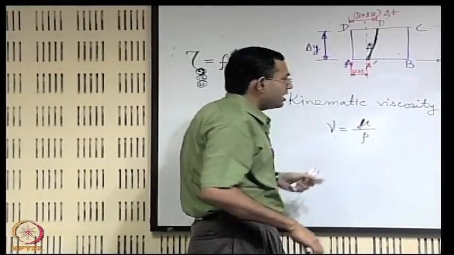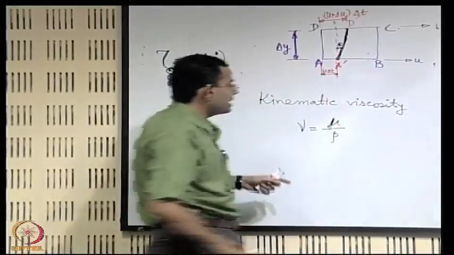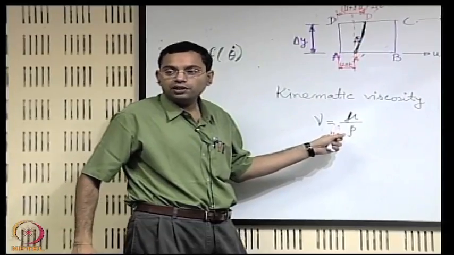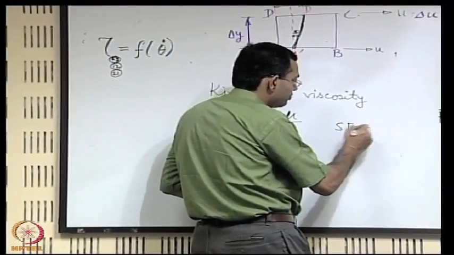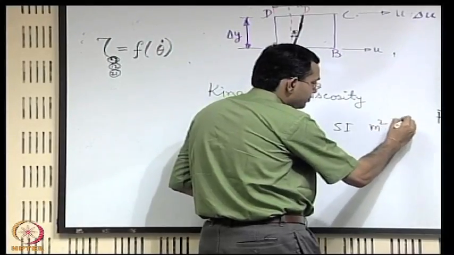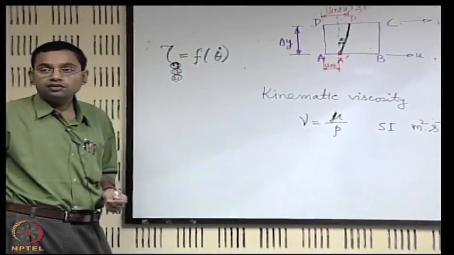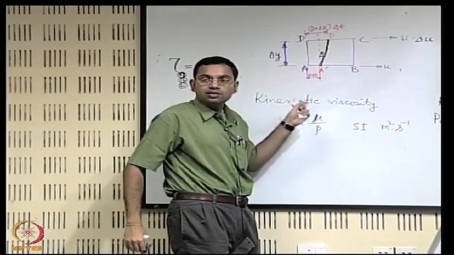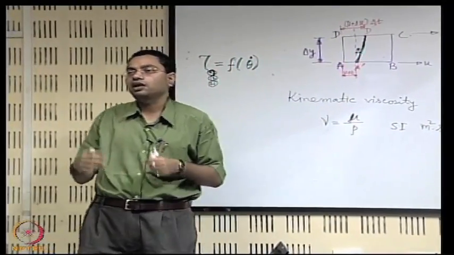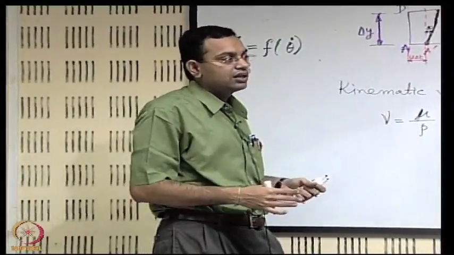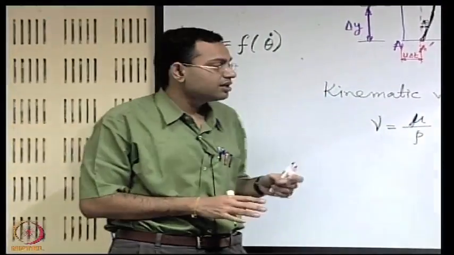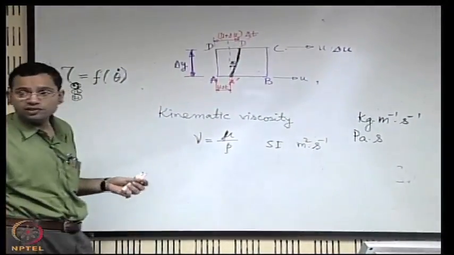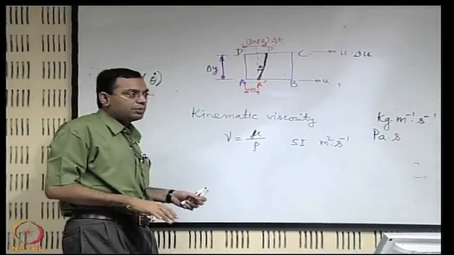If you write its SI unit, what will it be? This was the viscosity unit and rho is kg per meter cube. So it will come to an SI unit of meter square per second, right. It does not have any mass unit involved with it, and that is why the name kinematic, because when you have a mass unit involved, it is as if you are thinking of a forcing situation where the kinetics also come into the picture. Here it is solely units determining the motion. That is why the name kinematic viscosity, but that is something more superficial, but the concept is more subtle,